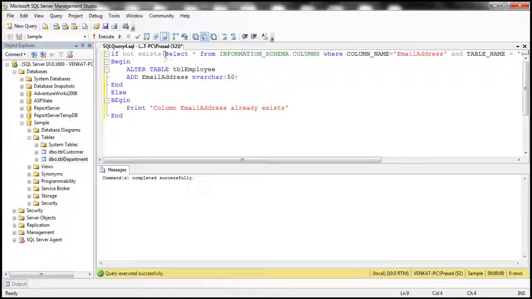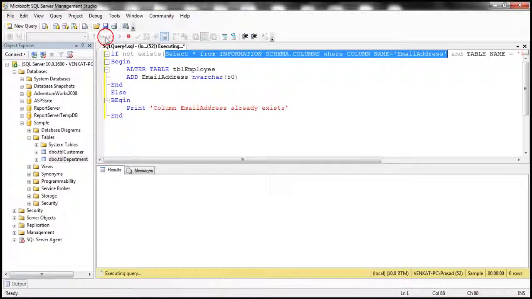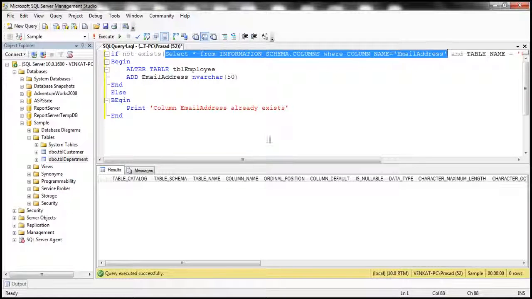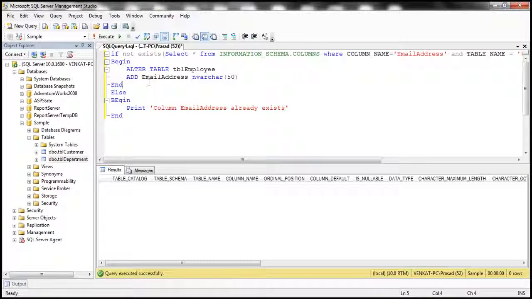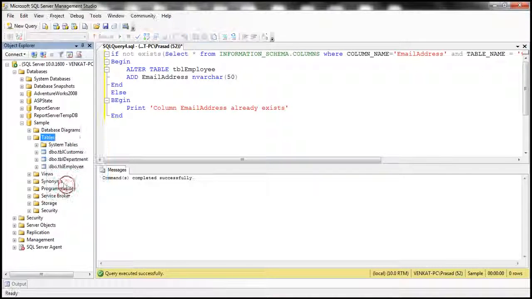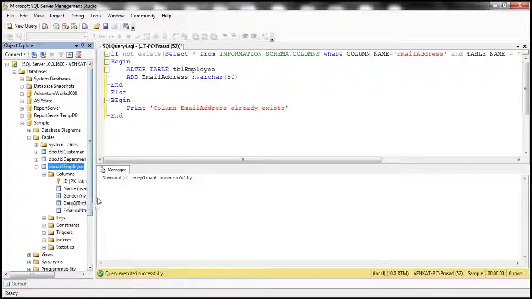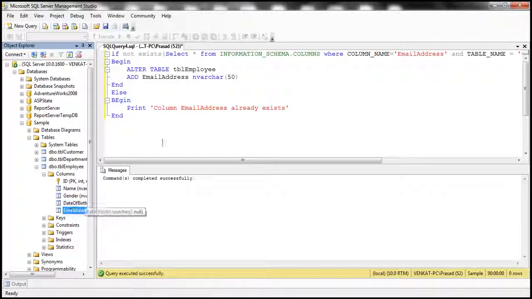So when I execute this, select star from information_schema.columns where column name is equal to EmailAddress, we didn't get anything. Why? Because we don't have that column there. So let me actually execute this query. It's going to add that column to our table tblEmployee. If we expand that, we should have the EmailAddress column right there. So now when we execute this,